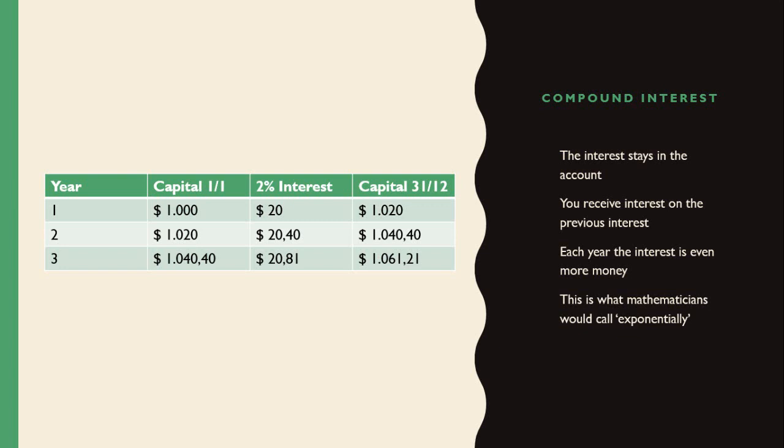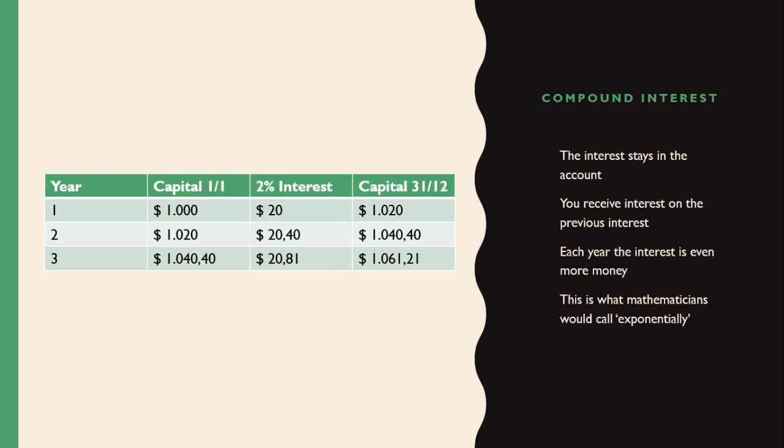In year one, you get exactly the same amount as in the simple interest example. So you get 2% interest, $20. At the end of the year, the 31st of December, you have $1,020. Now, this is where the magic happens in year two, because you get 2% interest as calculated over